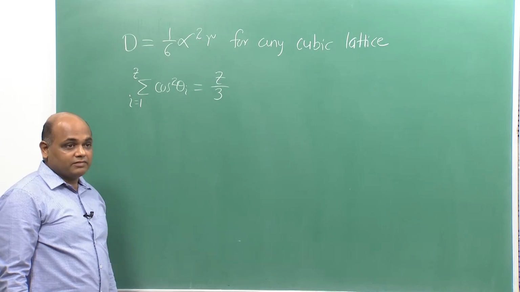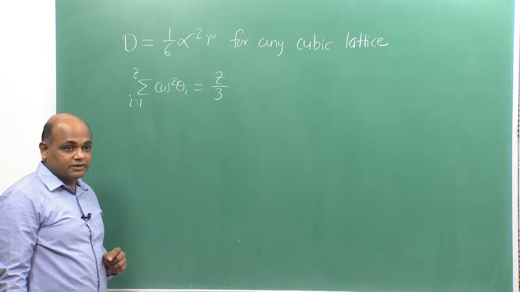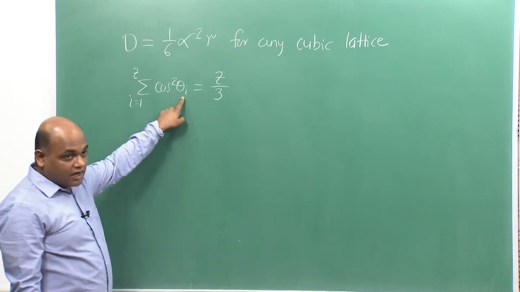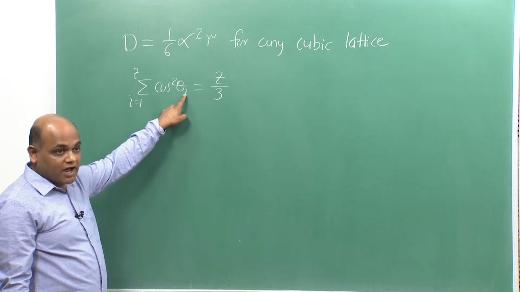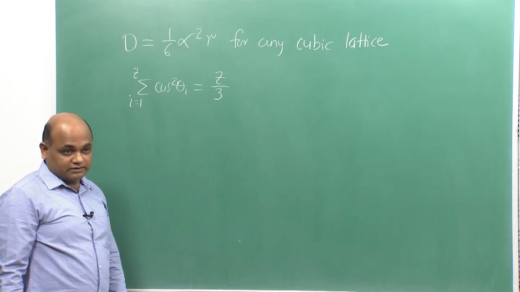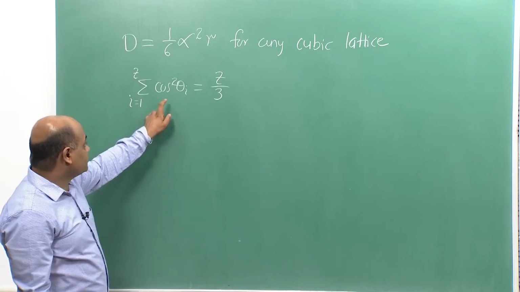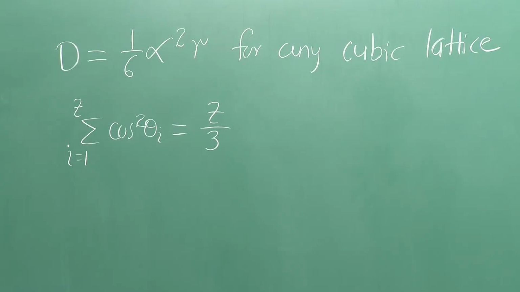So, any atom has z possible atomic sites onto which it can jump, and theta I is the angle that a specific jump vector I has with the diffusion direction. So, we will try to show this for all 3 cubic lattices. This was an exercise that I had given you. So, let us try to derive this for all 3 lattices. So, if we consider simple cubic,